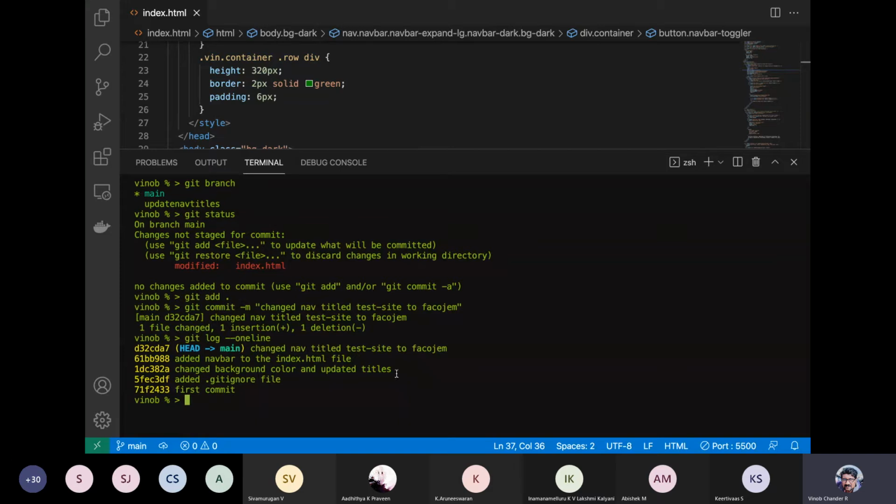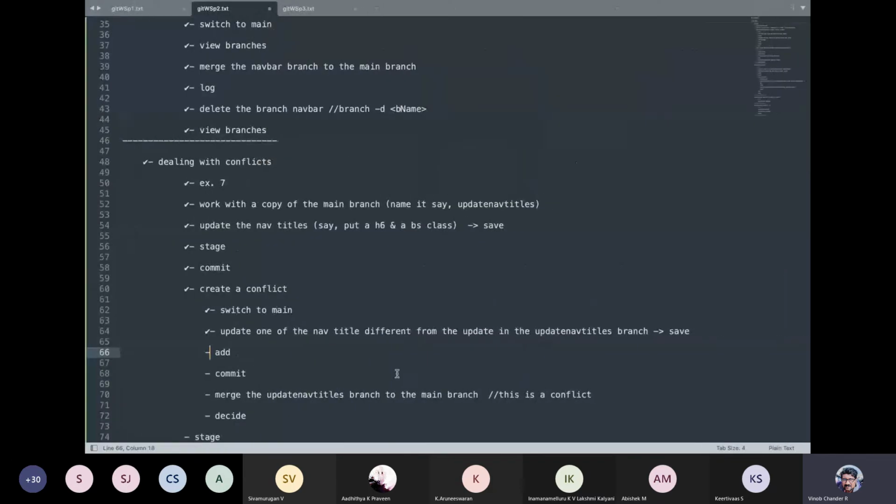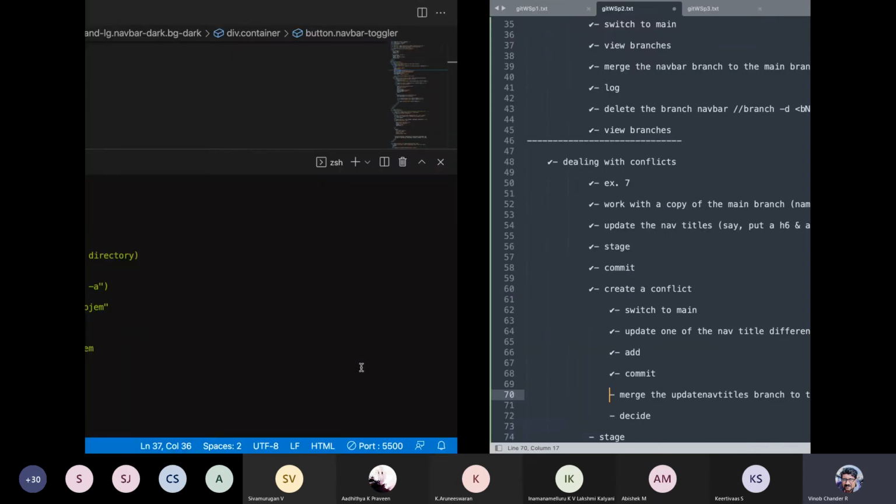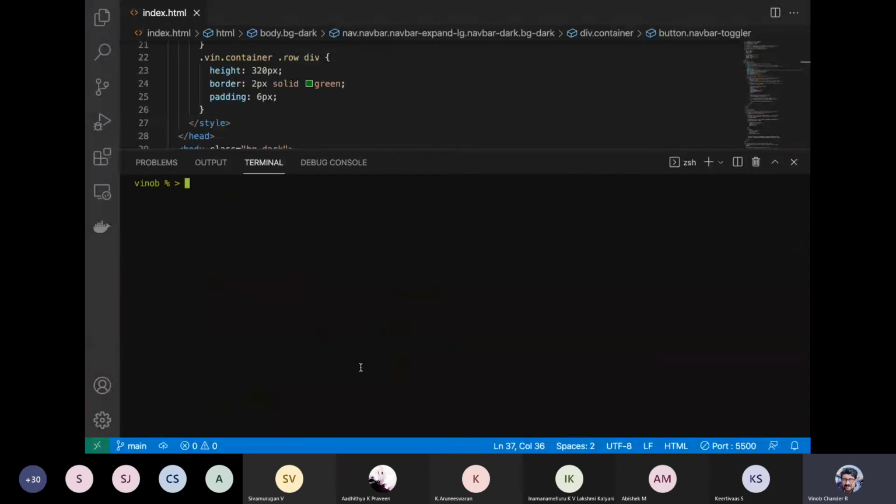Okay. Now let us go to the other branch, right? Or we are in this particular branch. From this particular branch, let us do a merge. Okay. So before that, let us just check these guys out. We have done this. We are done with this. Let us merge. Okay. So when we merge, we can now expect to get a merge conflict. Okay. So let us merge the other branch. So let us do a git branch to actually see the name of the branch. It is update nav title. So let us just copy this so that we don't make a typo if we are manually typing it.